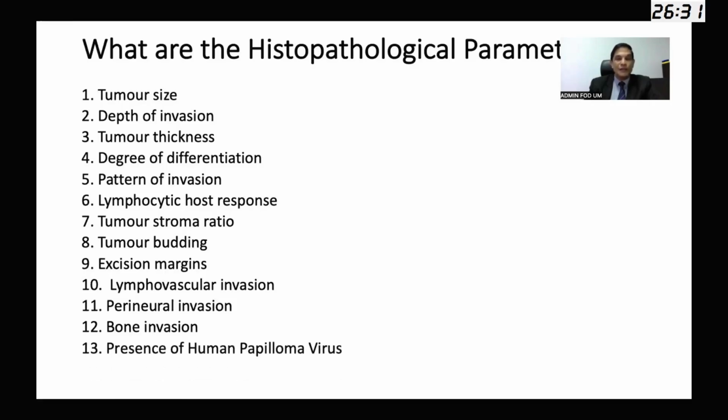And the presence of human papillomavirus, if you have facilities, I think that should be conveyed to the clinicians, because we know the human papillomavirus positive oral and oropharyngeal cancers are more chemoradiation sensitive. And of course, now you can see the list of histopathological parameters. I think if one is going to use them as a whole, as in deciding the treatment plan or prognosis, I think we need prognostic models combining the most significant histopathological parameters.